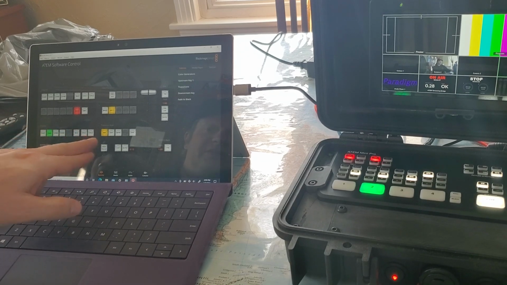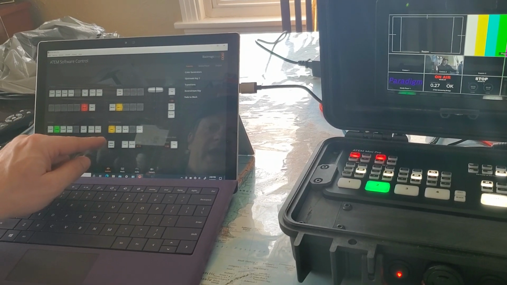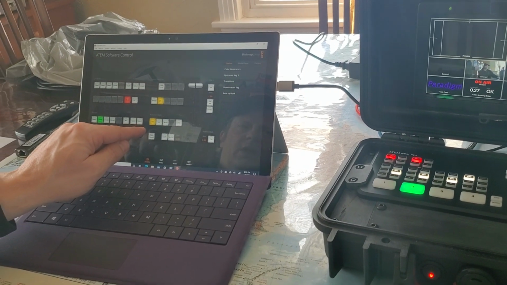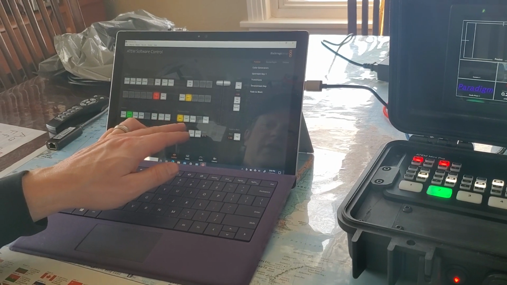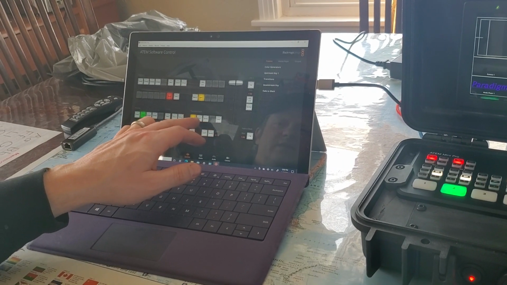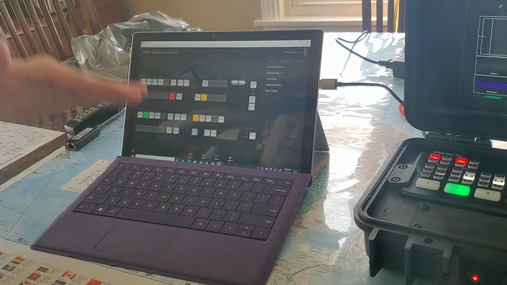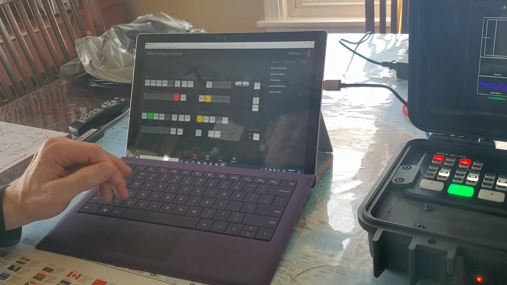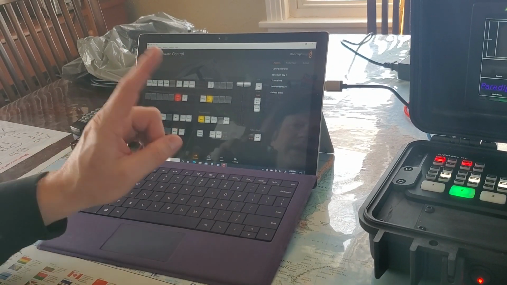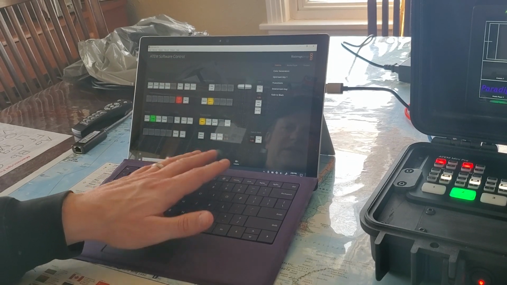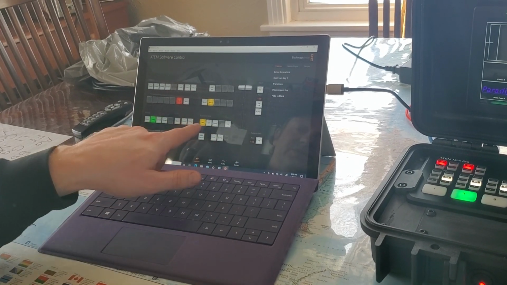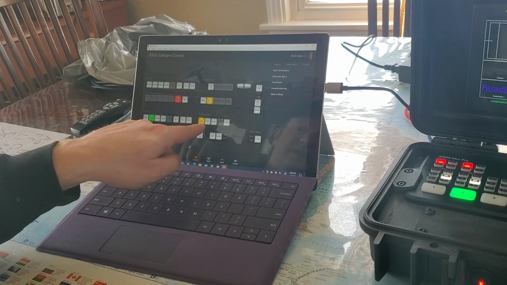Back down, we're looking at the transition style, and like we had on the actual unit, there are settings for these for sliding or different wipes and stuff like that. Those are done in the configuration palettes that we'll go over in just a minute, but just to show the different transition styles here. So there's the mix,